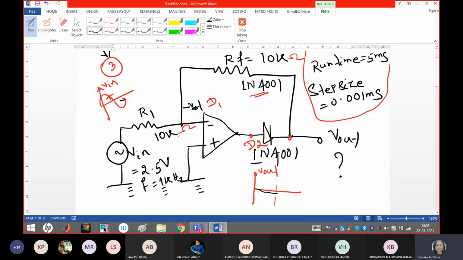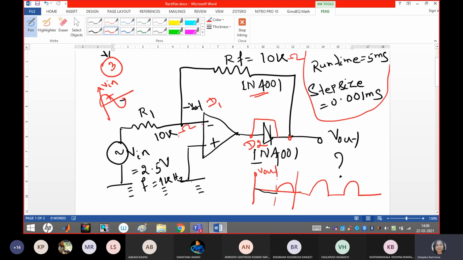So here I can draw the lines. It means it will offer a closed path to this. It means we are getting a closed loop now with the help of D2. But what type of waveform are we getting? This is negative, and negative will make this inverted output negative. Negative, negative will be positive. So we may get an output like this because of D2 and so on.